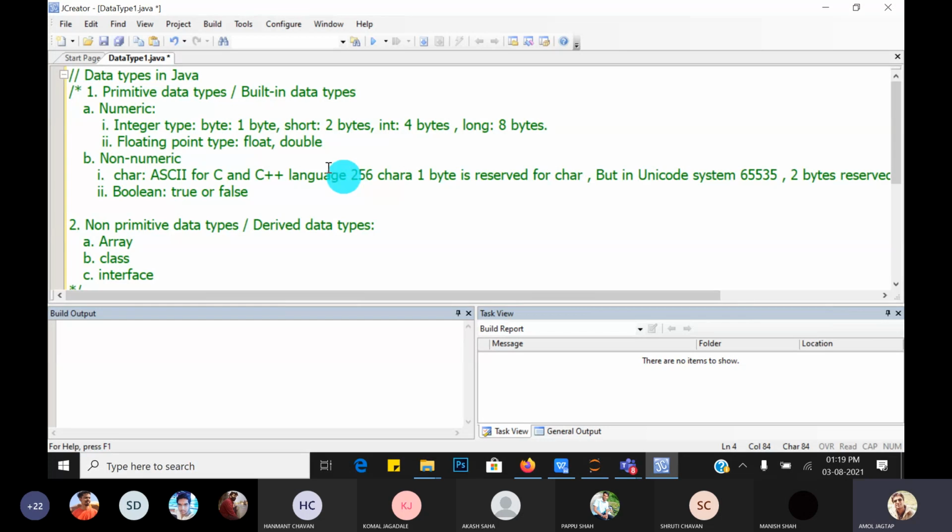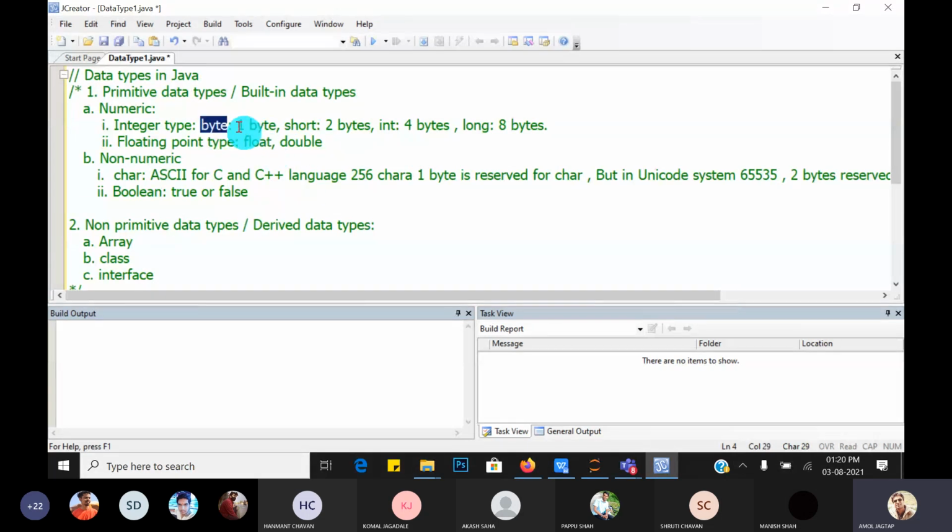Okay, to understand. So depending on how many bytes are reserved for different integral data types, these integer data types are divided into byte, short, int, and long. As per the user's requirement, how much value we want to store in that particular data type, we choose the type of integer data type.